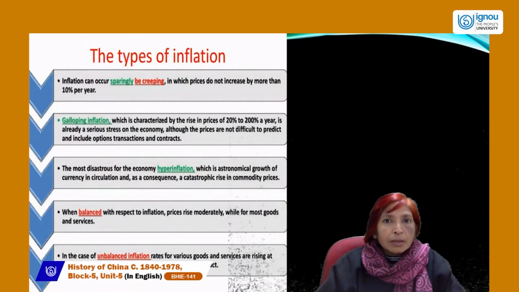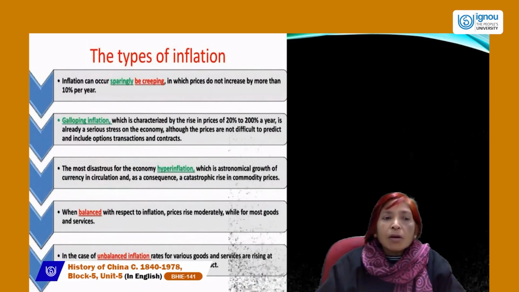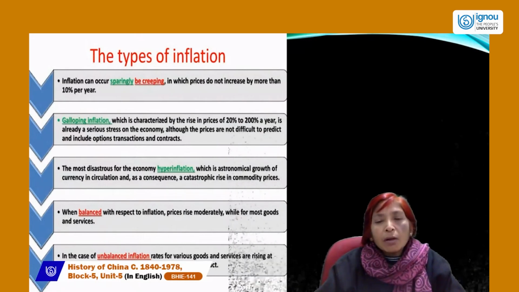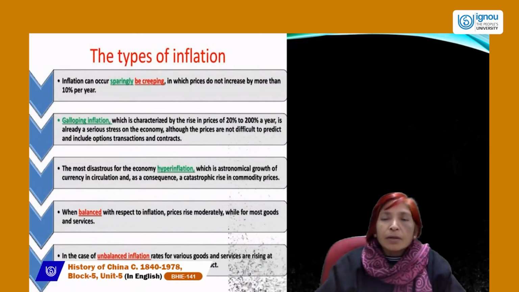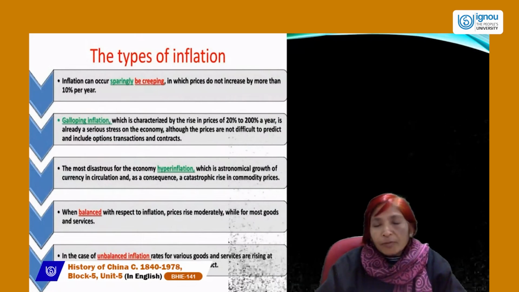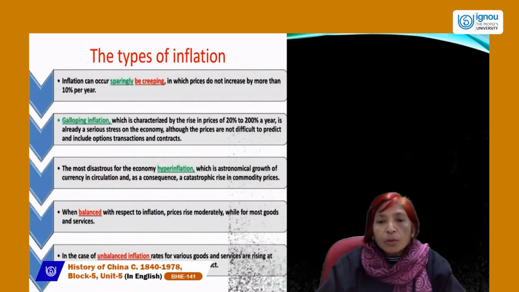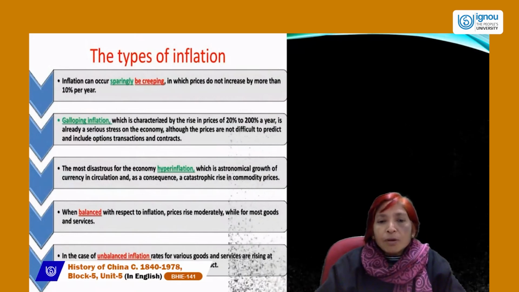Galloping or running inflation is that inflation when price rises by 20% to 200% a year, which is already a serious stress on the economy, although the prices are not difficult to predict and include option transactions and contracts. The most disastrous